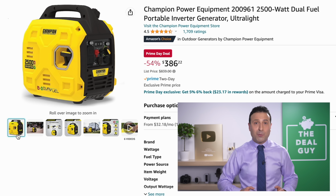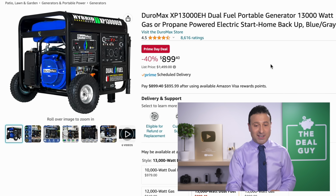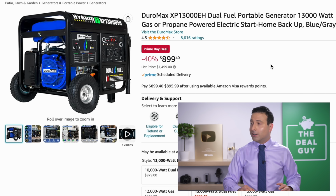At 54% off, a more compact, lightweight generator is $386. If you're looking for a more robust, powerful version,